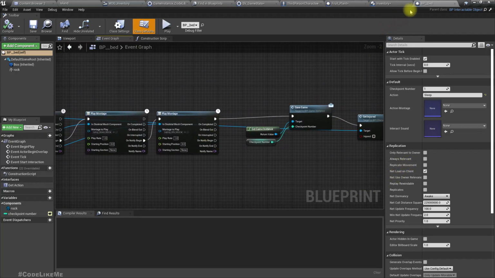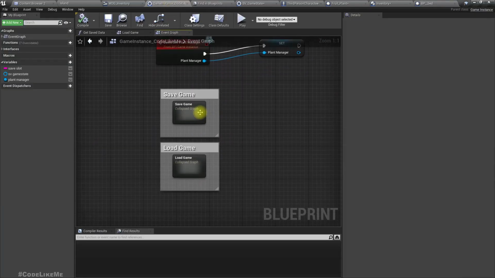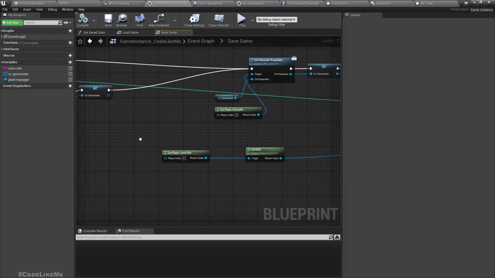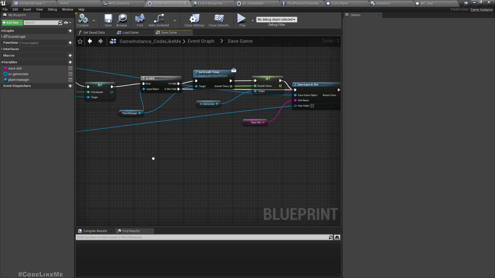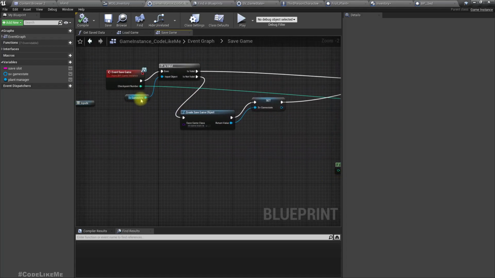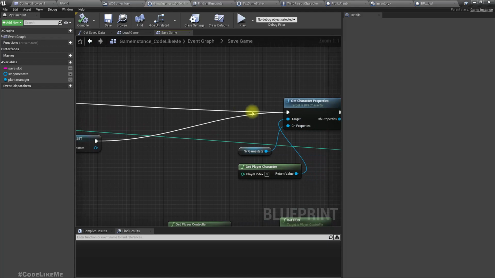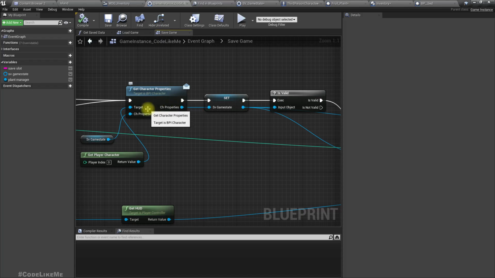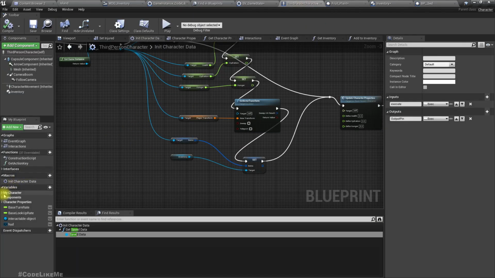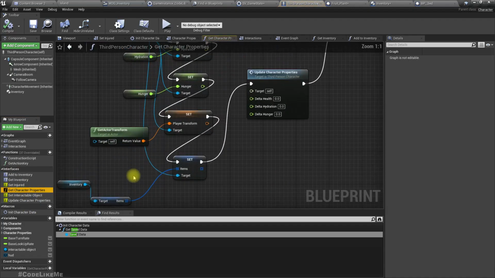Oh, it is in the game instance. Right. What we do is we get the game state. Get character properties into game state. Okay, so in the function where we get character properties,